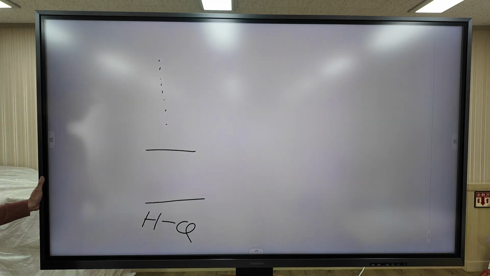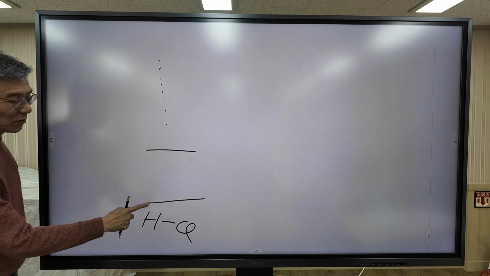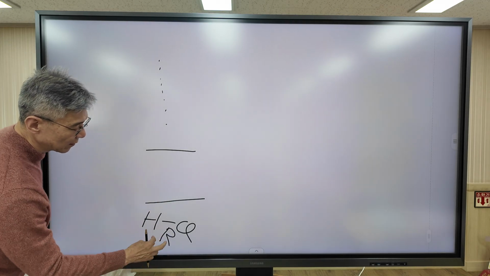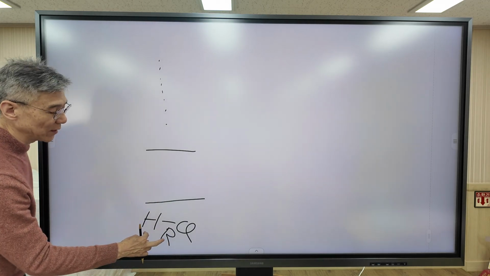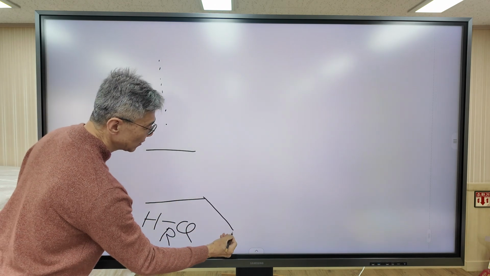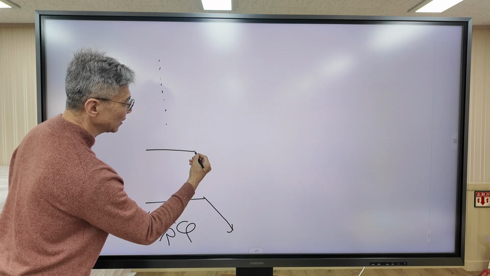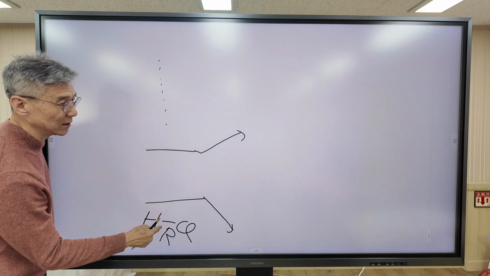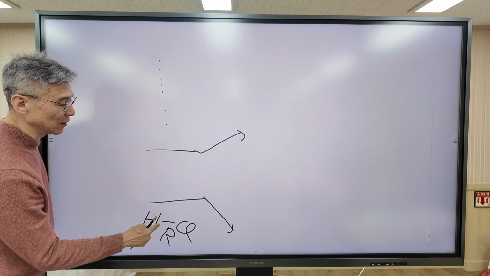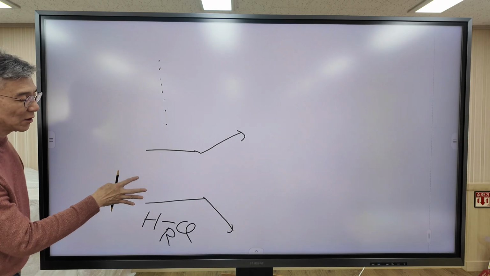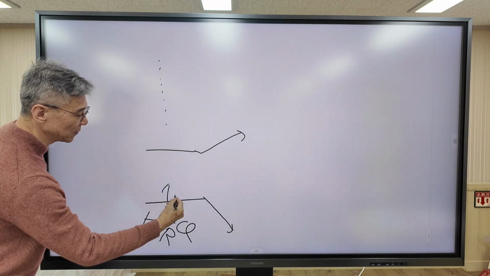But the crucial difference between atomic orbital and molecular orbital is that for molecular orbital, the molecular orbital energy level depends on the internuclear distance r. When r increases, some molecular orbital energies decrease, and some may increase. So molecular orbital energy level depends on r. This is the most important difference between atomic orbital and molecular orbital. And with these molecular orbitals, we can distribute electrons here.